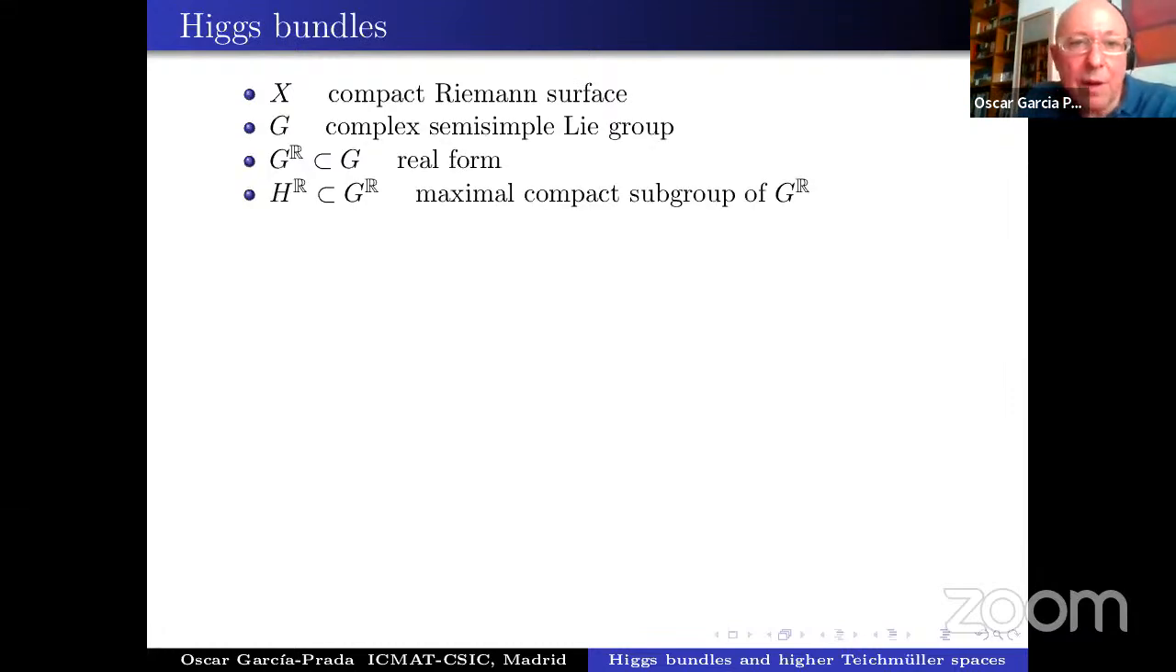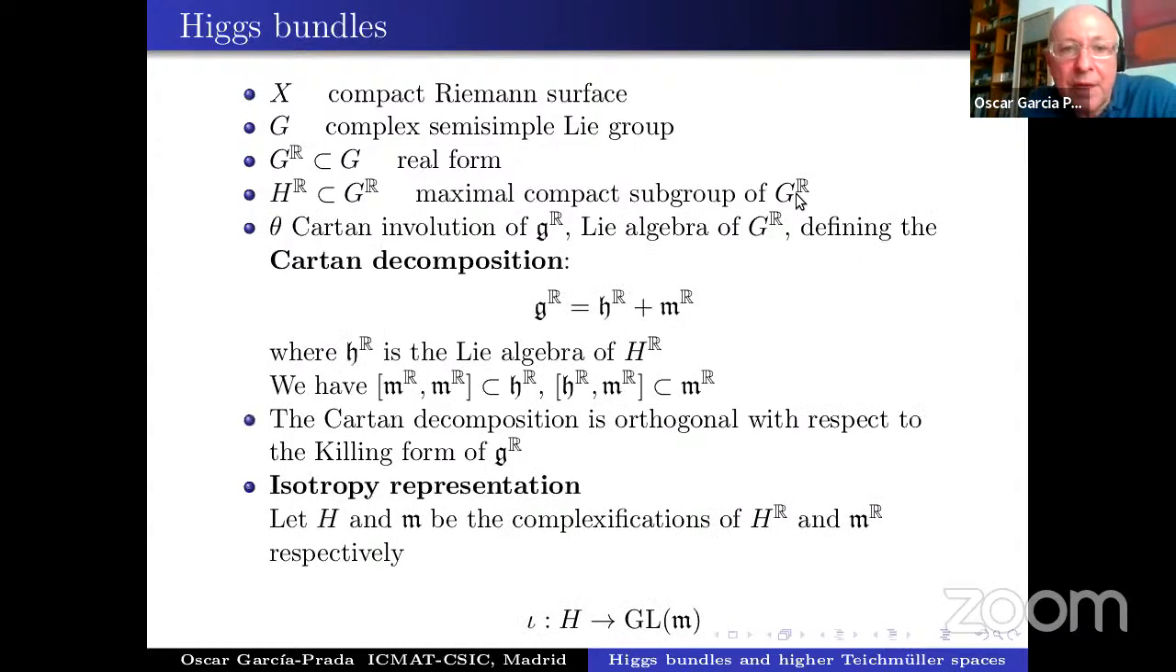Right? So now, as before, we have G_R, a real form, and H_R is a maximal compact subgroup of G_R. Once I have chosen this maximal compact subgroup, immediately I have the decomposition of the Lie algebra of G_R, the Gothic g_R, as the sum of the Lie algebra of the maximal compact plus an orthogonal part, orthogonal by means of the Killing form. This is the Cartan decomposition. And this decomposition satisfies important relations that make them symmetric pairs. In particular, one has